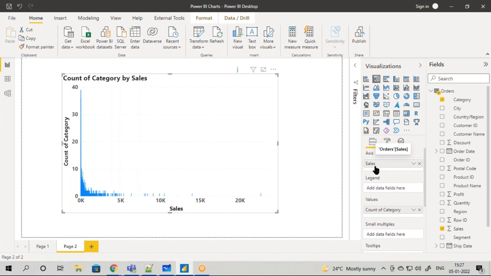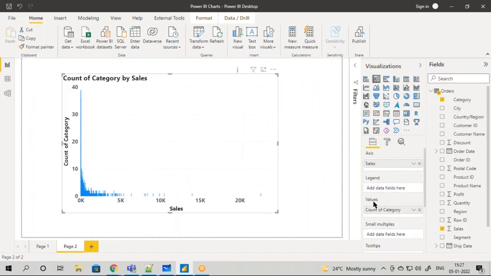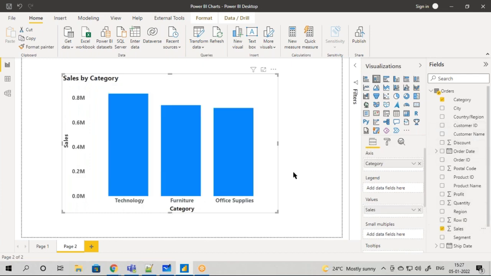So remember one thing, always in your values, it should be numerical data type, and in the axis it has to be categorical data type. So you have to drag your category, which is my categorical data, to your axis, and drag your sales to the values, so this becomes readable.